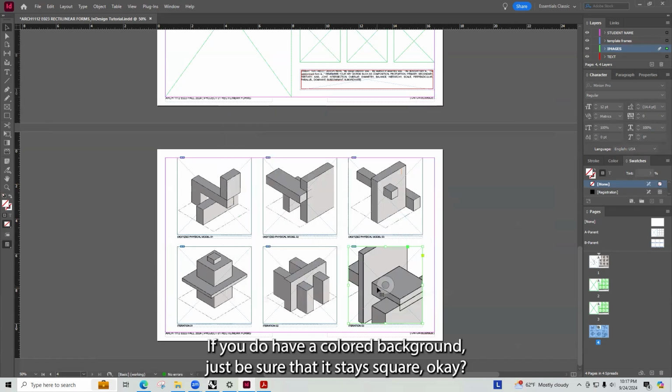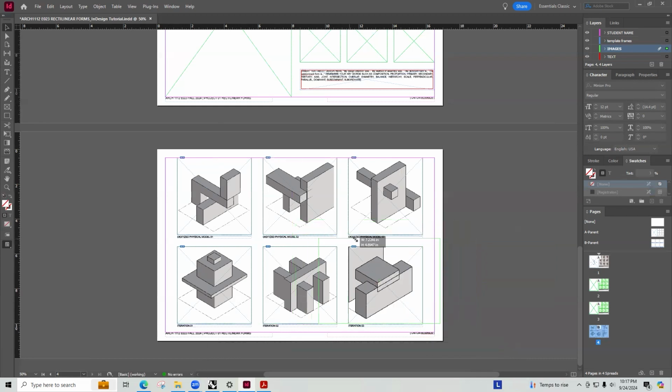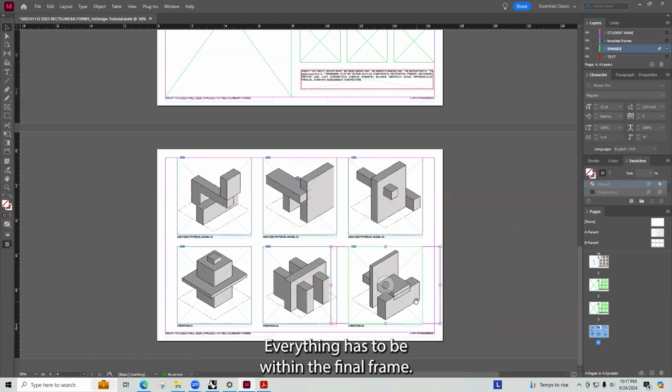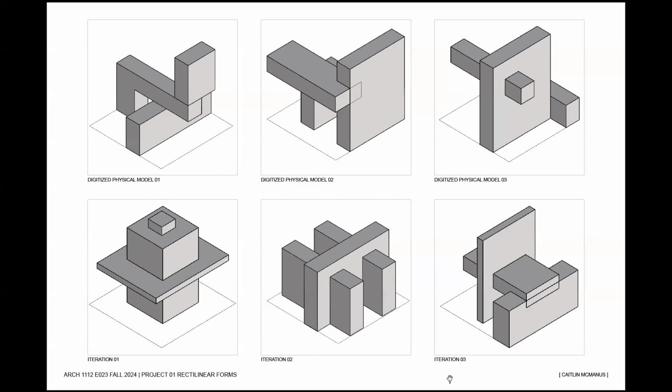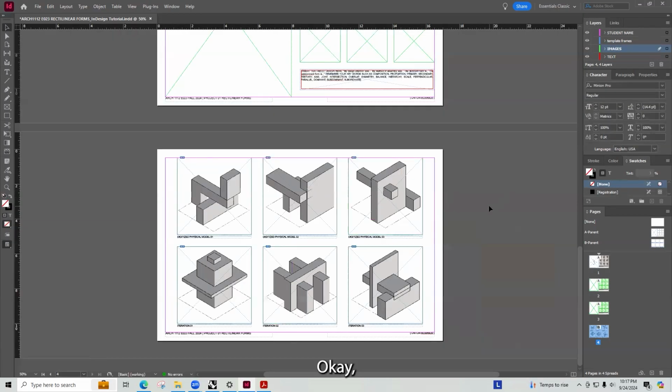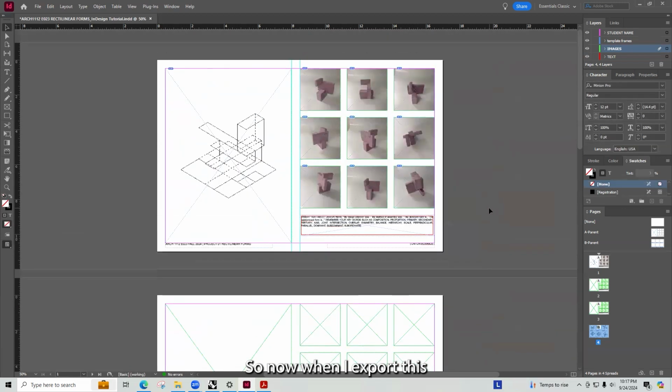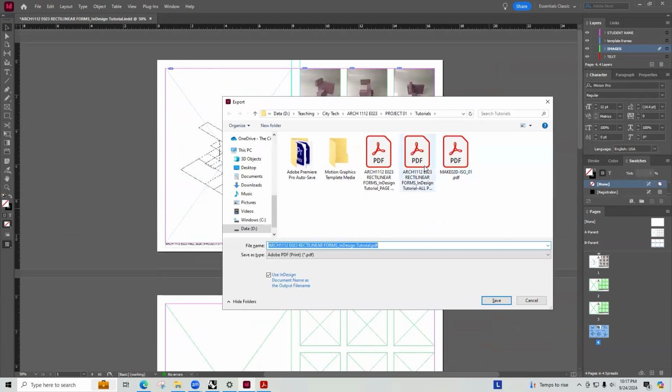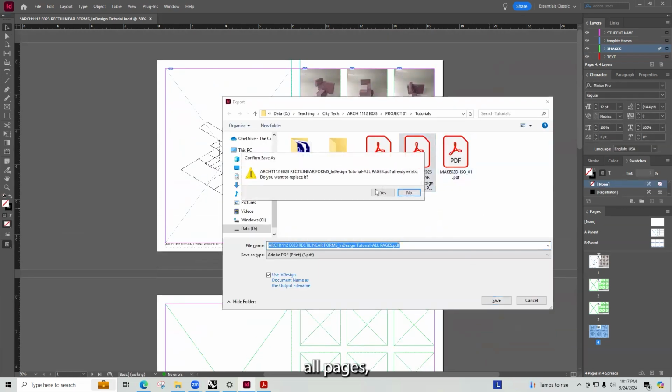All right, if you do have a colored background, just be sure that it stays square, okay? Everything has to be within the final frame, okay? So now when I export this, all pages,